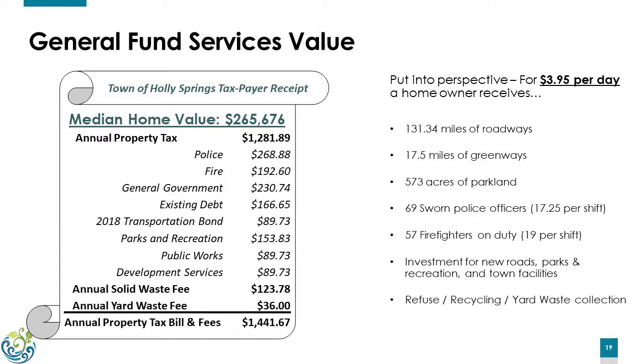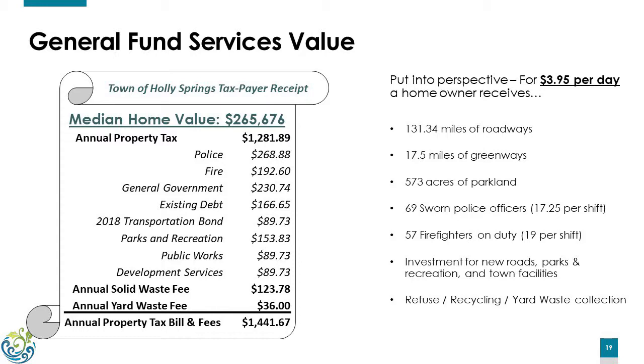And let me put that into perspective for you just for a second. When you think about that total cost, what is it on a per day basis to receive all these services? It comes to $3.95 per day. That's about the price of a caramel macchiato at Starbucks. So for that price, $3.95 per day, residents receive access to 131 miles of roadways in our community. It's not listed on here, but also 127 miles of sidewalk,